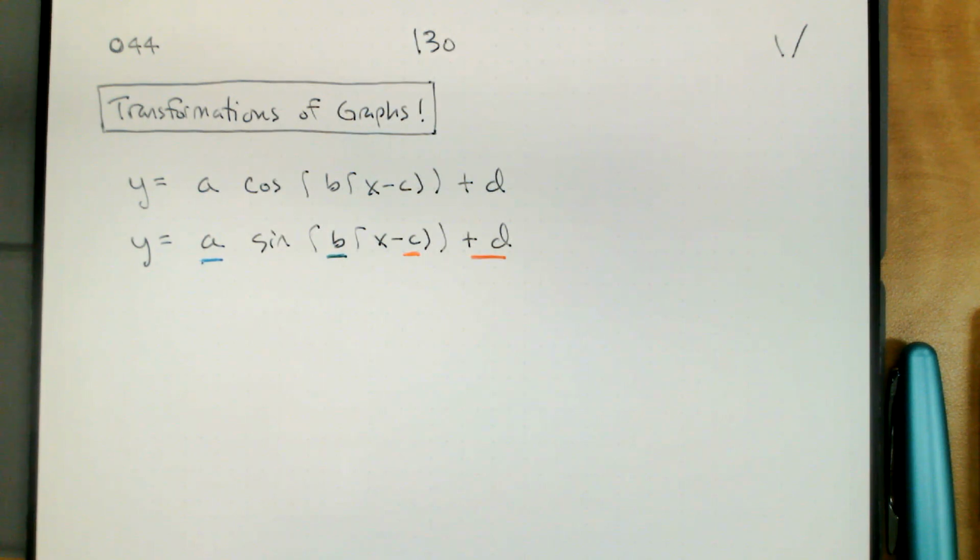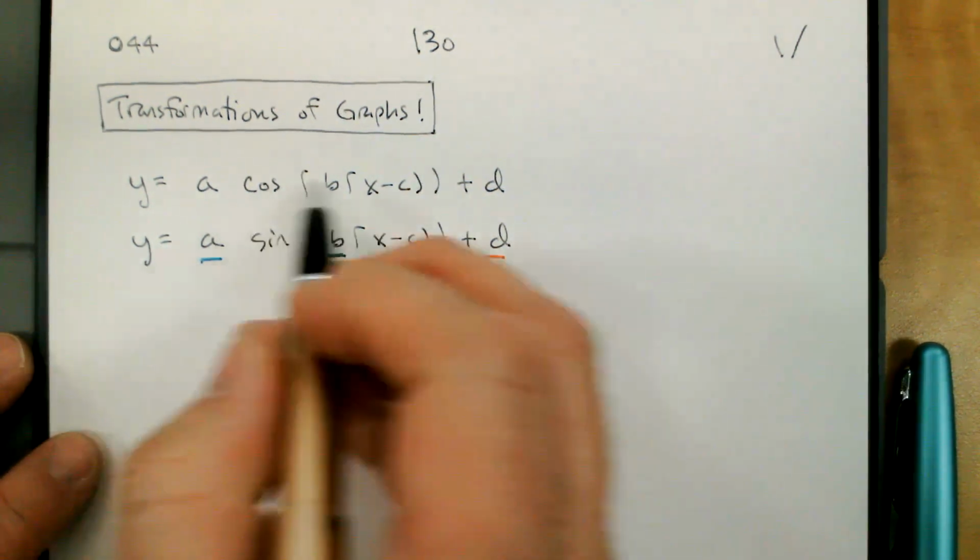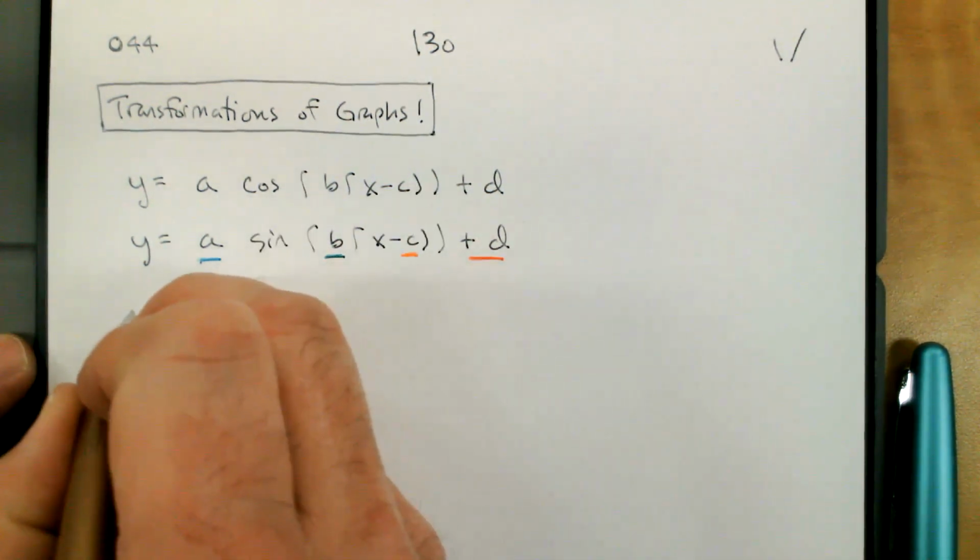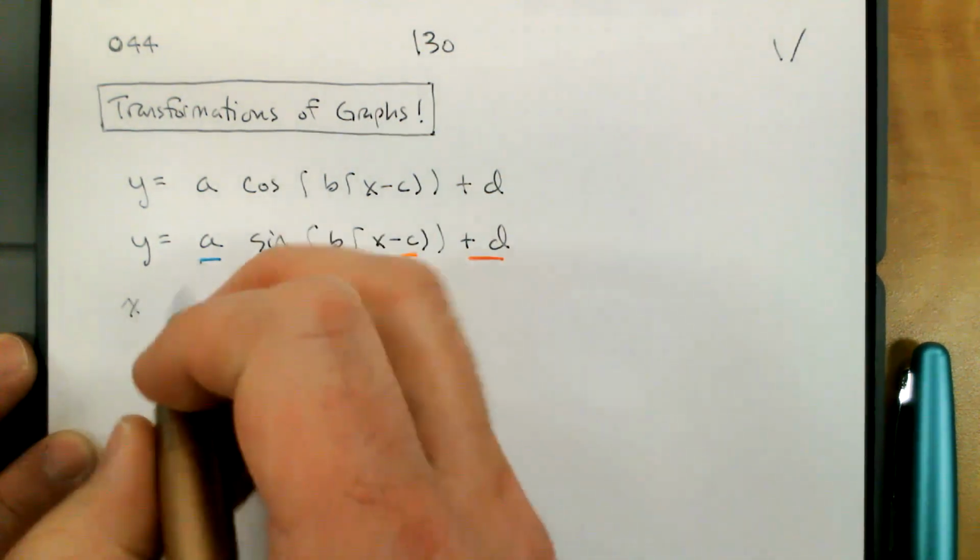Operations before the trig function have horizontal effects. Operations after the trig function have vertical effects. So if we list the things that happen to turn x into y,